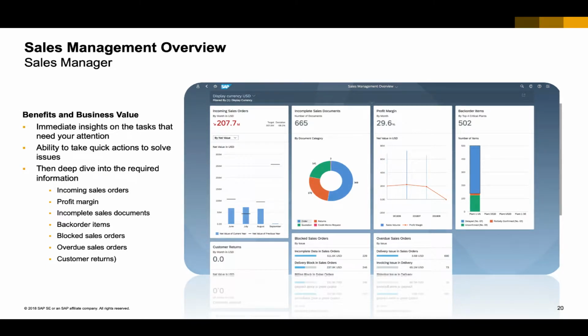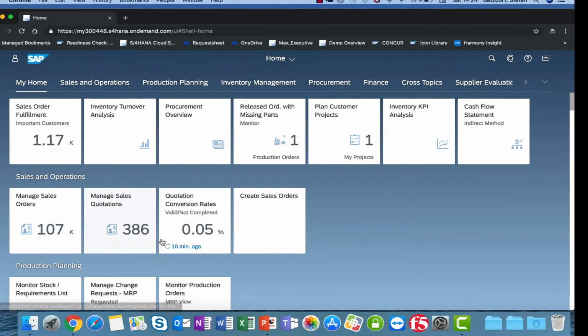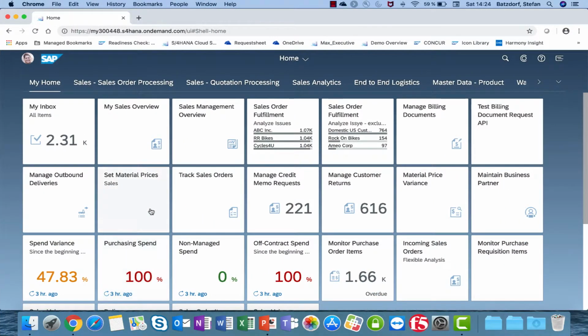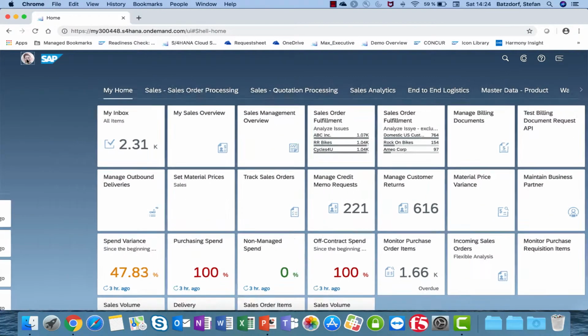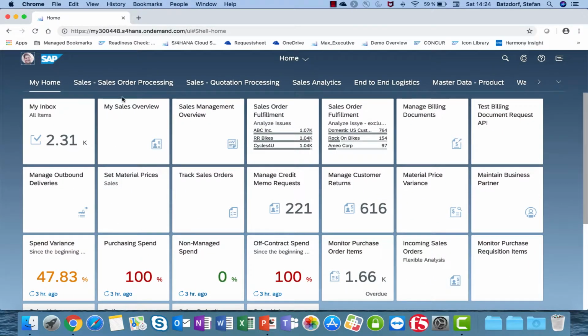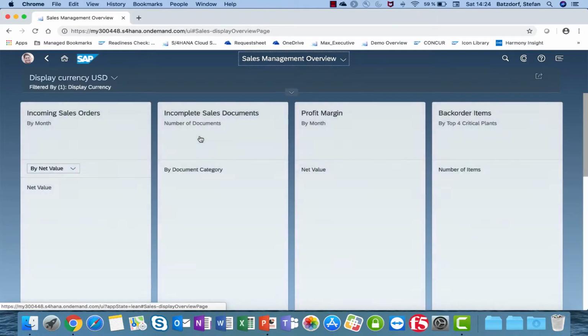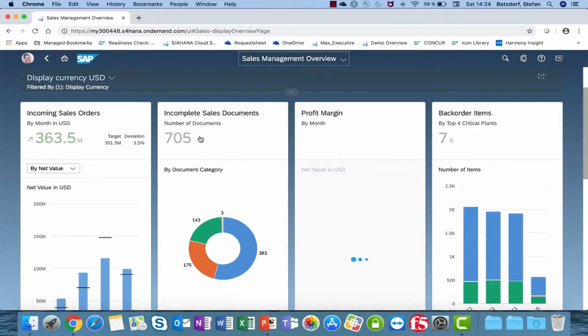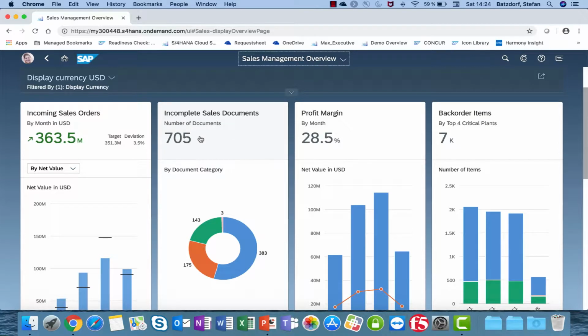So let's have a look at sales. What is the benefit and the essence, for example, in sales, how easy it is to use sales and to work with the system. So let's start in sales with the sales overview page. So I'm logged in now as David Jones, who's a sales manager in the Fiori Launchpad, and he opens the sales management overview. So these overview pages, it's Fiori technology,